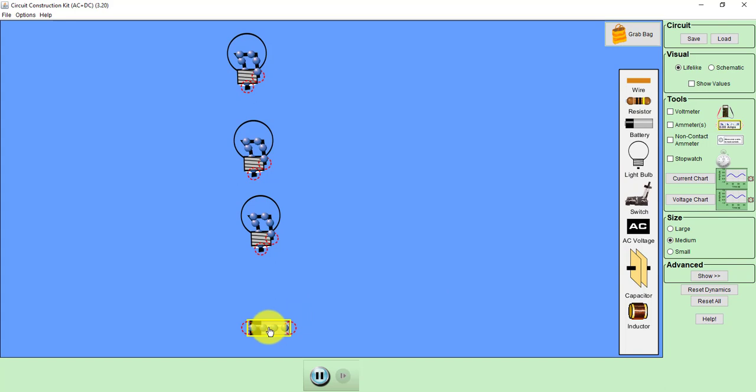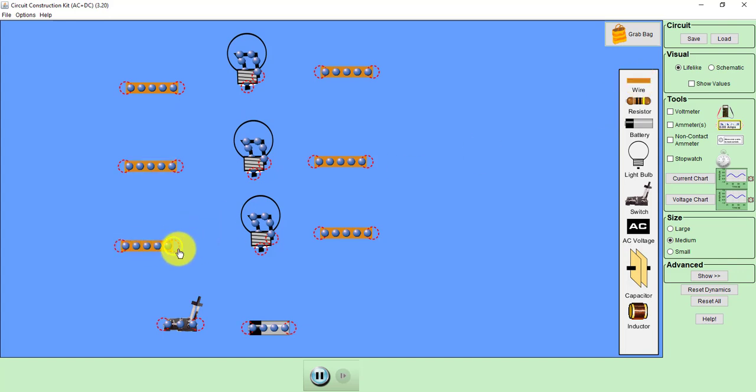So I will be taking a battery as a DC voltage source. In order to switch on or switch off the supply, I will be taking the switch. Now I need to connect these three bulbs in parallel. For that, wires will be required that will act as a conductor. To have a good representation, I am taking a little bit more wires so that the diagram and connection appear in a nice manner.